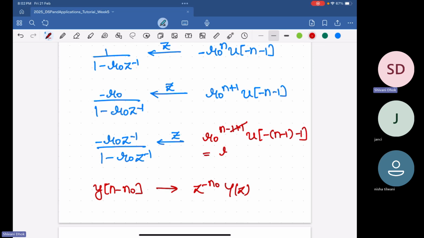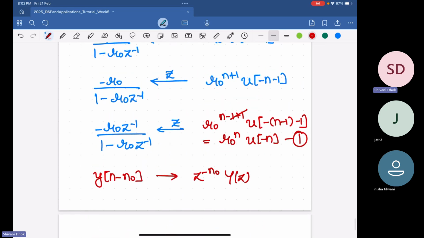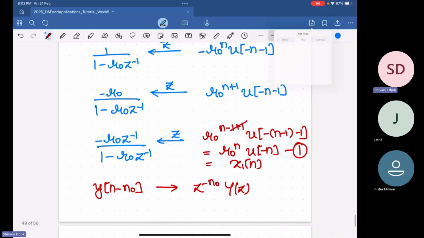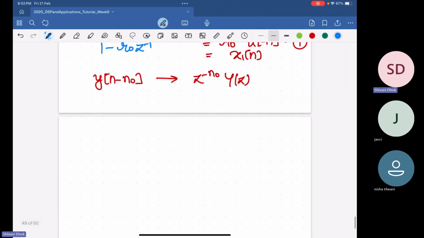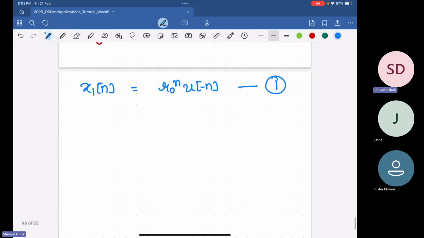So what we are left with is r naught to the power n into u of minus n. This is the first thing that we have. So this is the value of x1 of n. So what we have is x1 of n as r naught to the power n into u of minus n. So this is the first equation. Now we have x1 of n. Next we will find out